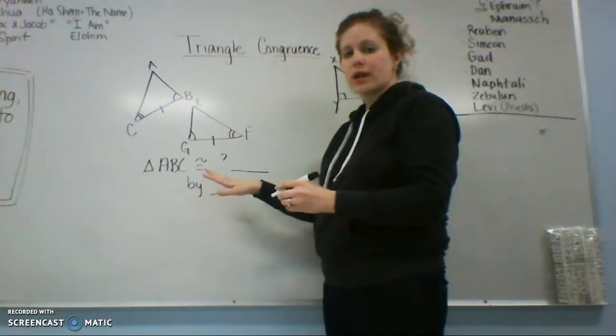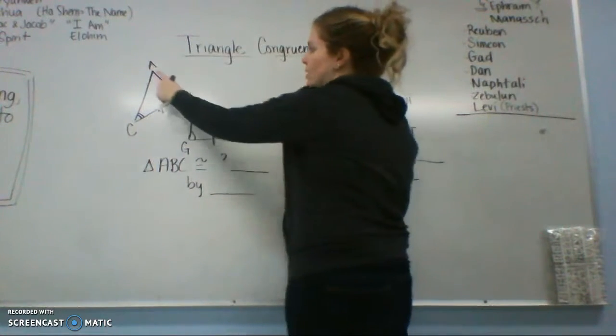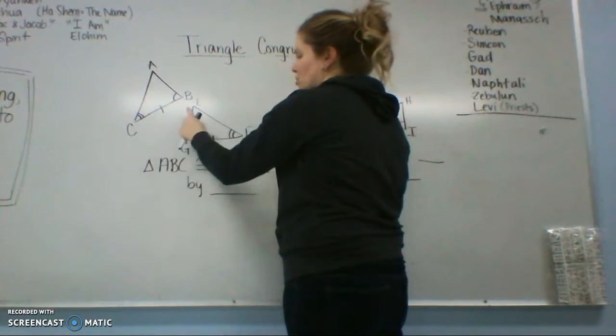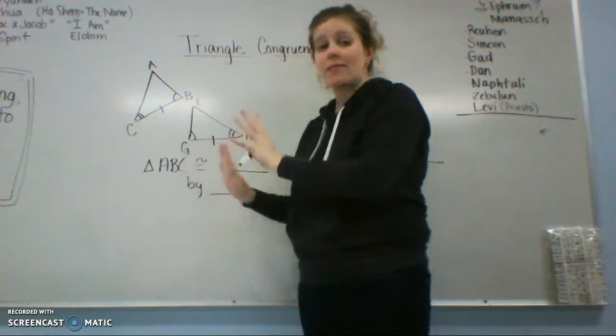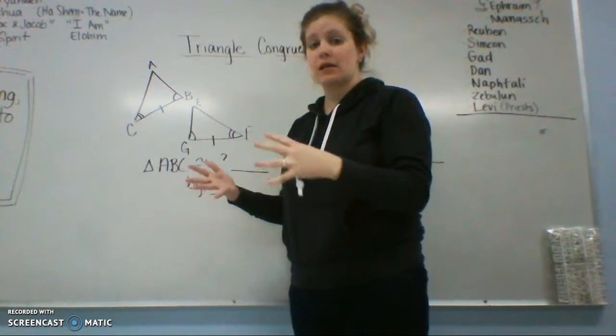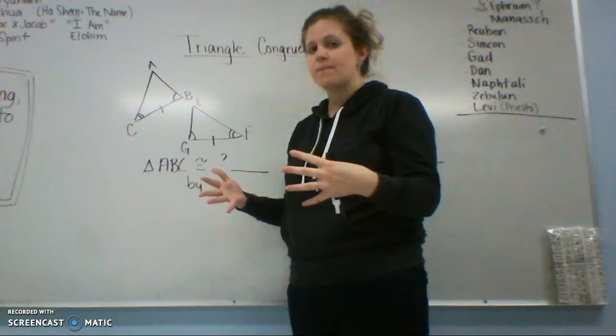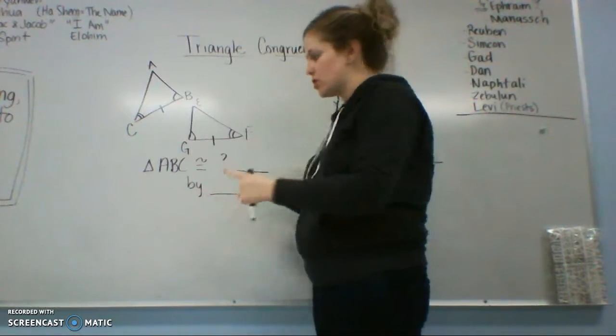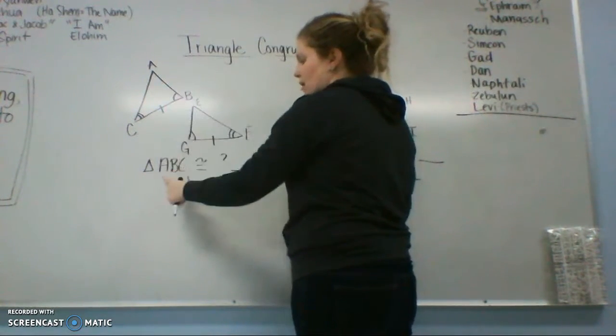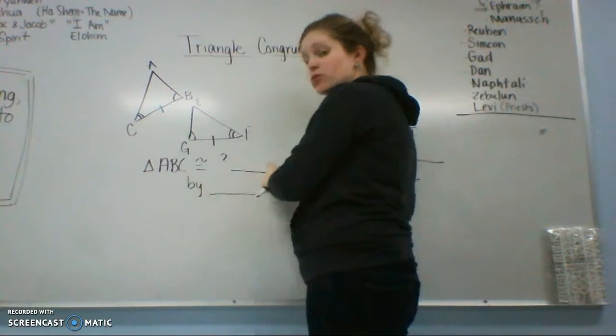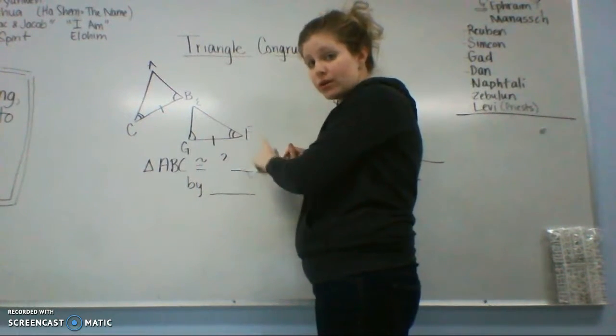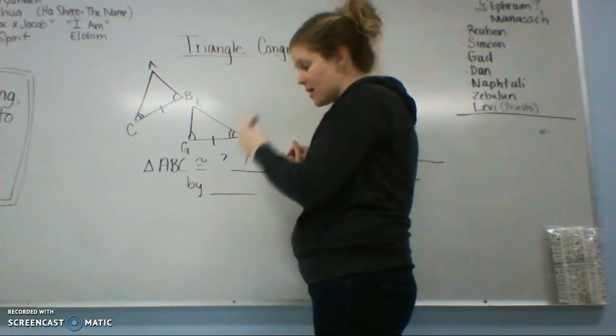Okay, so what we're looking at here, we have two separate triangles. I have triangle ABC and triangle EFG, and they may not necessarily be named in that letter order. We're going to get to that in just a second. But the two things you're trying to do is to determine what triangle, in order, is congruent to what other triangle,